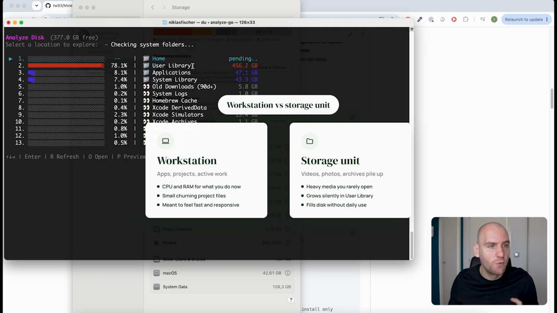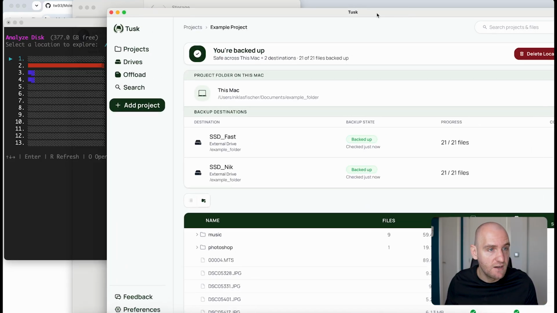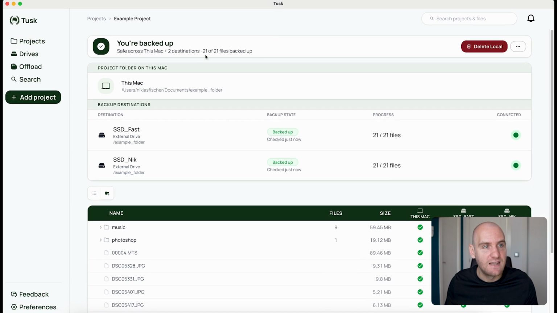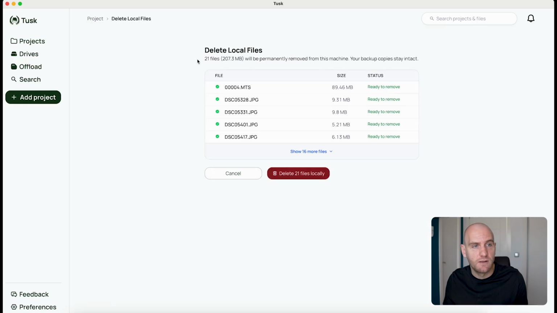And there's one tool that I created that helps you with that. That's Tusk. The idea of Tusk is that it allows you to back up your files. For me, I create YouTube videos, I create Udemy courses. So I create a bunch of raw footage that I don't necessarily need all the time, but from time to time I do have to access it. So what I do is I spread it out across multiple external drives, and when I'm done with it, and I know that my files are safely backed up, I just say I want to delete them locally. And in this case I have an example folder with 21 files and 270 megabytes,